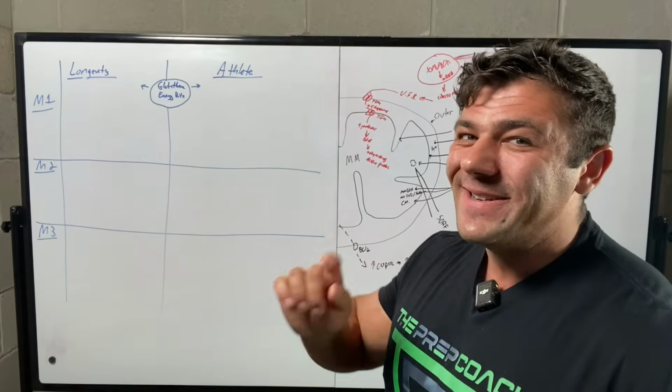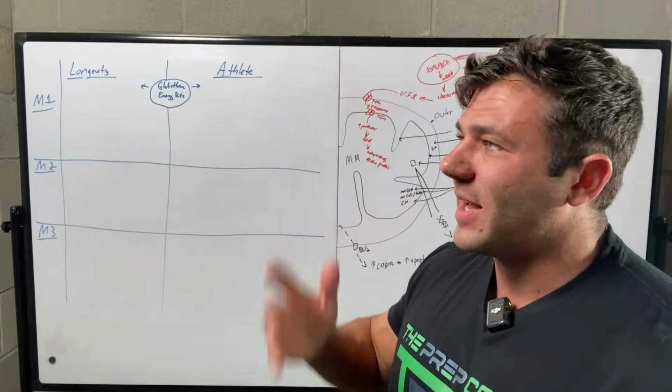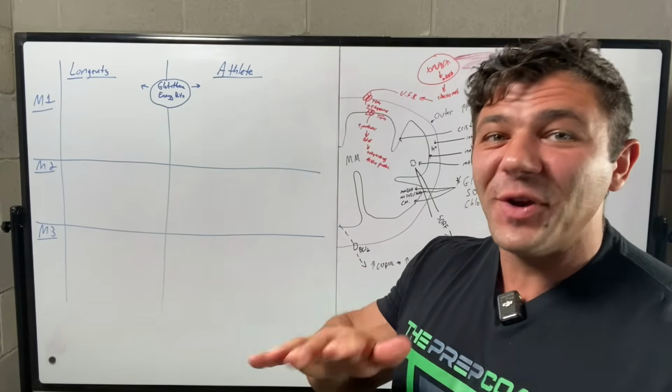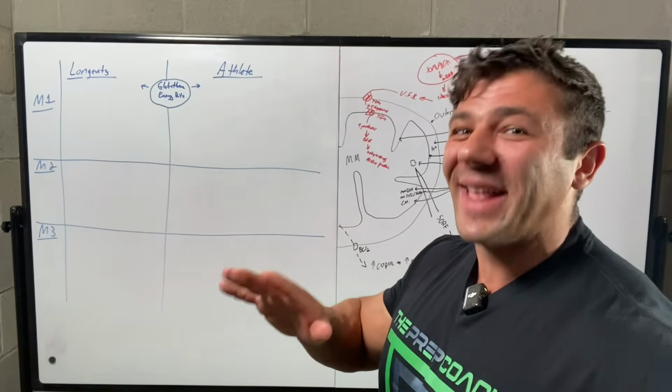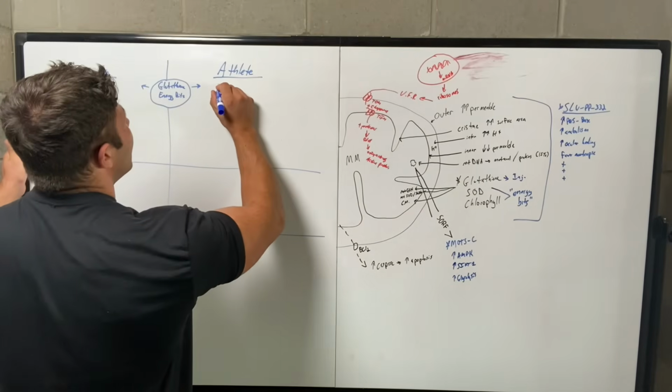For the athlete, you know what? SLU is going to be the SLU-P. Now I'm talking like Jay. SLU-PP-332, not SLU-P. I like saying SLU. So the athlete is going to be doing